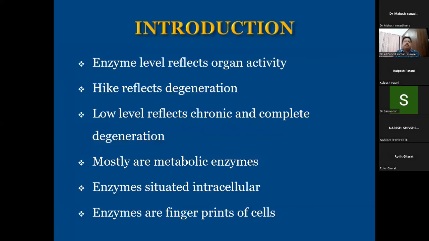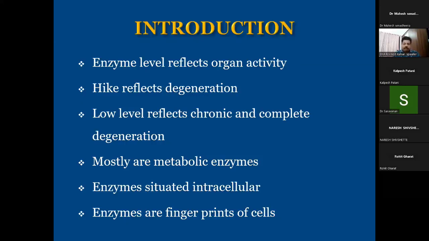Enzyme level reflects organ activity. Okay, we all know. We are estimating the ALT, SGPT level for the liver. We are estimating the acid phosphatase level for the prostate. We are estimating the lipase for the pancreas. These are enzymes which reflect the organ activity. So we can say increase in these enzymes or hike in these enzymes in the blood shows degeneration of the